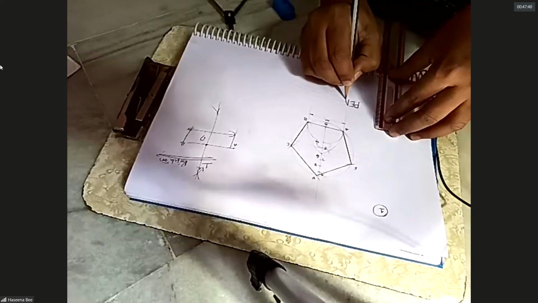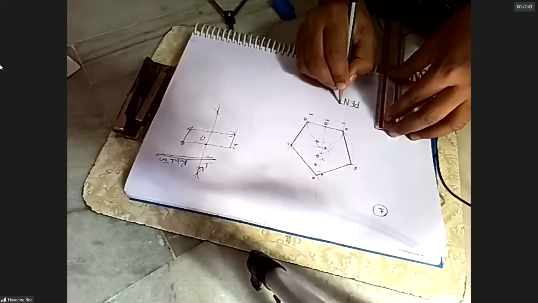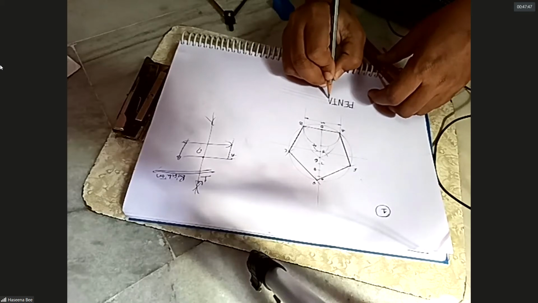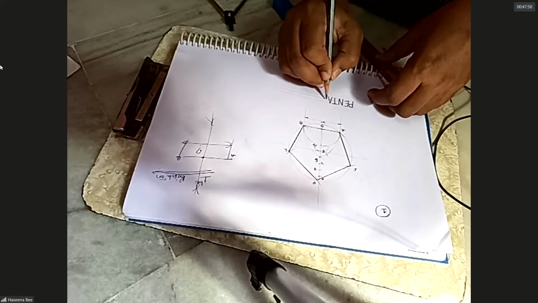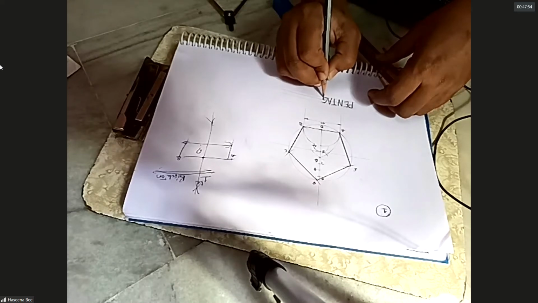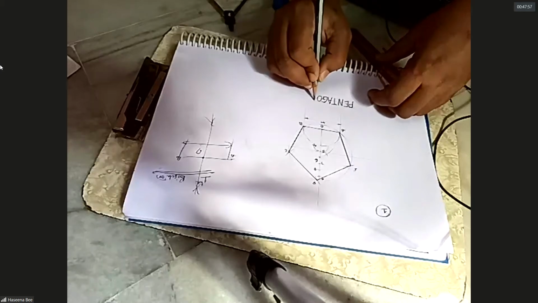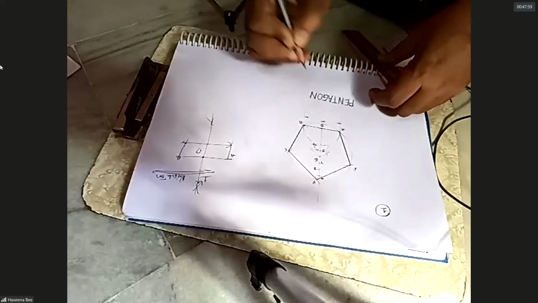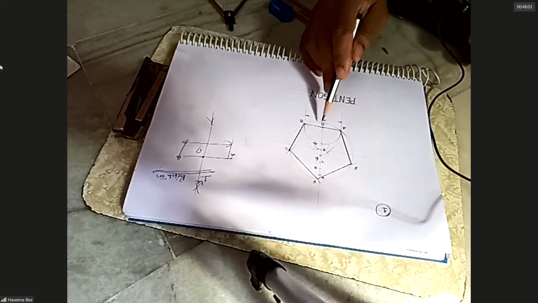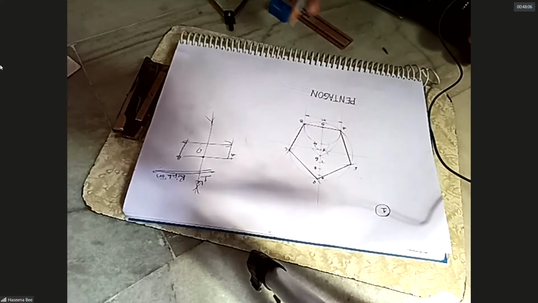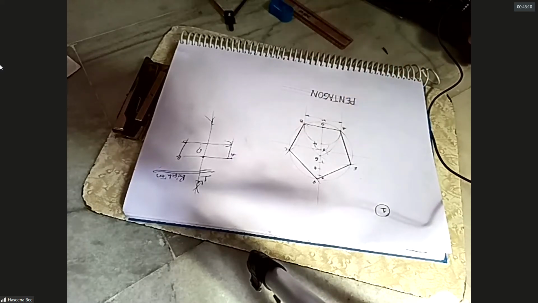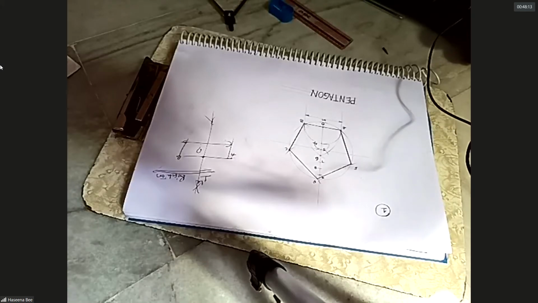You need to write neatly, because I have shown you already. Like this, you need to write pentagon. Here you can check, only my sides are dark. The remaining, the circle, perpendicular line, arcs, all are light. This is how you need to draw.